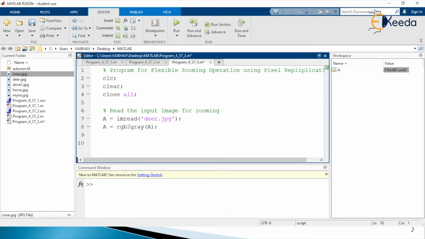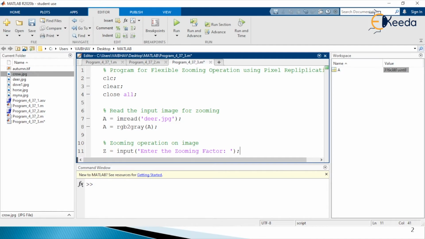operation. So I just write zooming operation on image. So we require a zooming factor. Let us have capital Z as a variable to hold that zooming factor information we are accepting from the command window. So I am making use of the input keyword within a pair of parentheses and a pair of single quotes. I just write a message, 'Enter the zooming factor: ', and it will use the value accepted here.